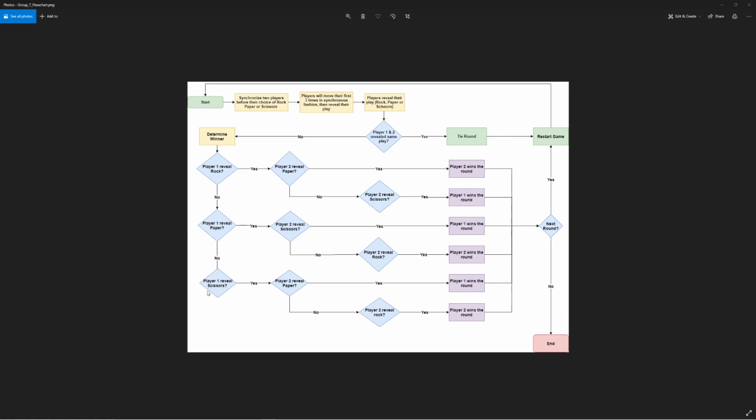And the final scenario would be player 1 reveals scissors. If player 2 reveals paper, then player 1 wins the round. If player 1 reveals scissors and player 2 reveals rock, player 2 wins the round. And once again, in both these scenarios, we either choose to go to the next round, or we choose to